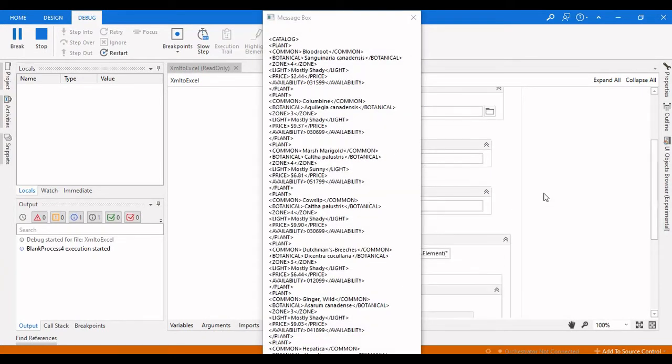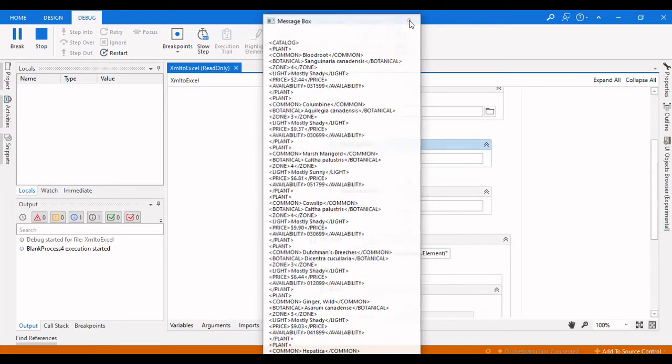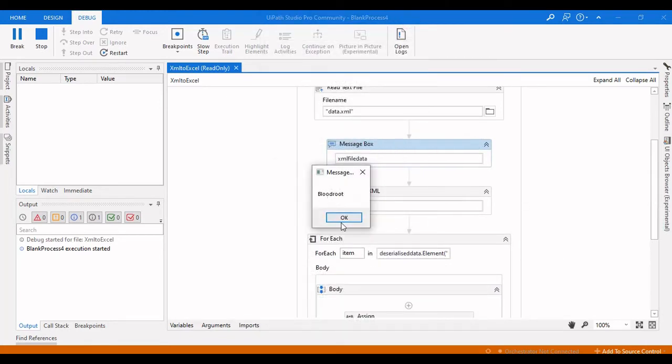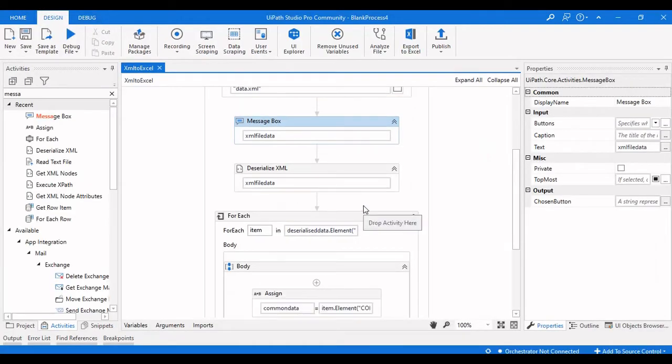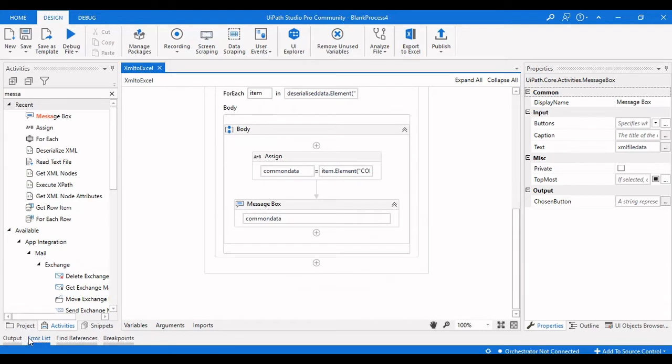This is the output of read XML, and the first one, second one, the third one, the data which is present in the XML file of the common node is all extracted.